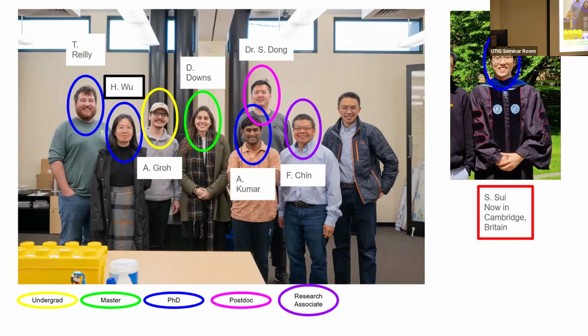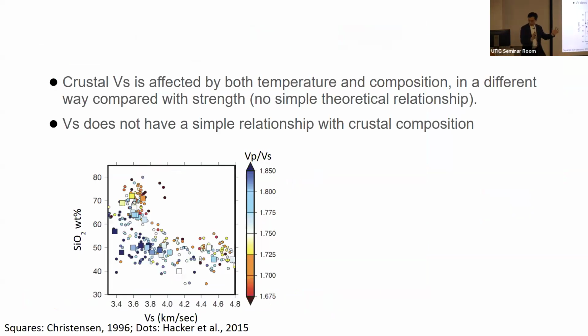The work was done by Siyuan Sui. He was my graduate student. He has now left Stony Brook. But all the next 20 slides are all work that I have done with him. Can we say something? Now let's take a look at how people used to say something about the crustal interpretation